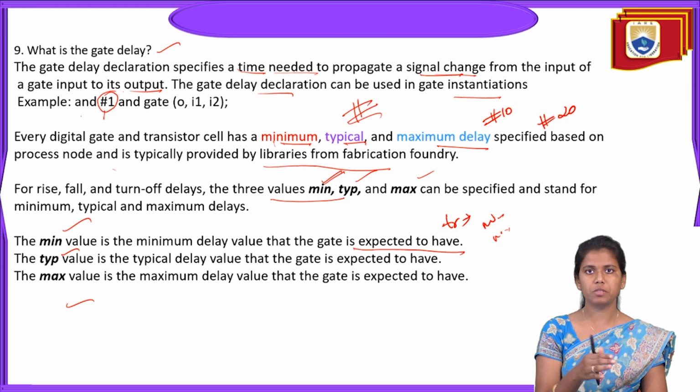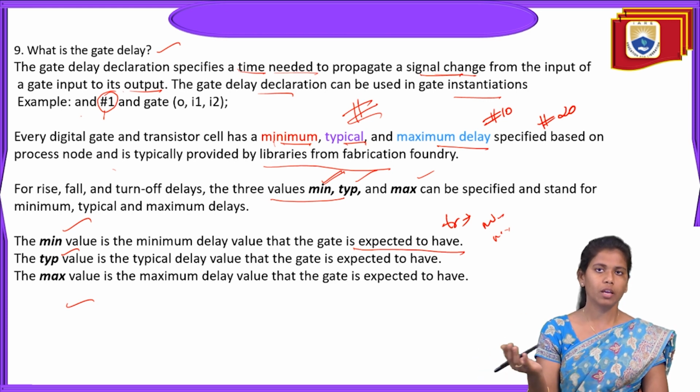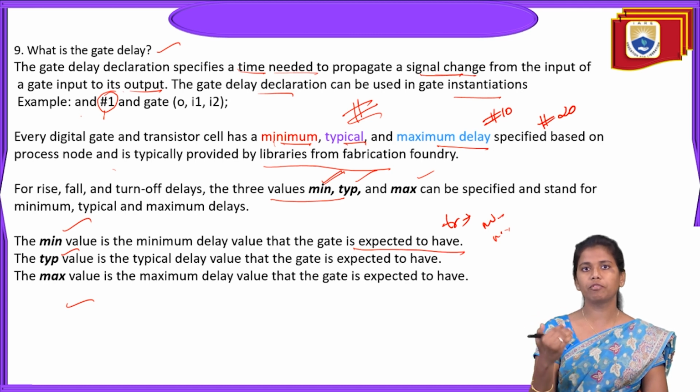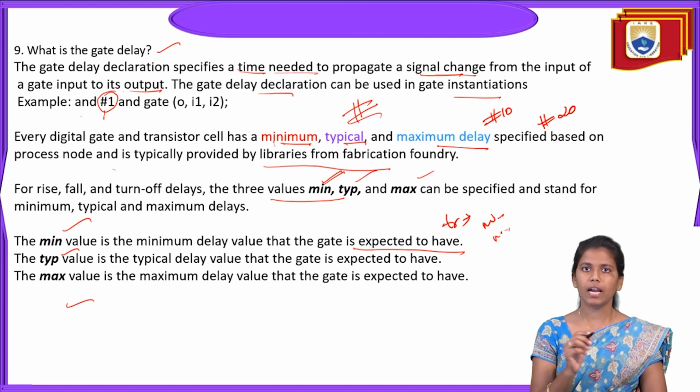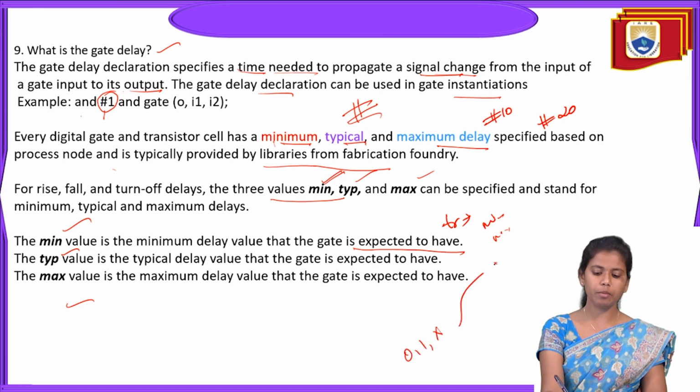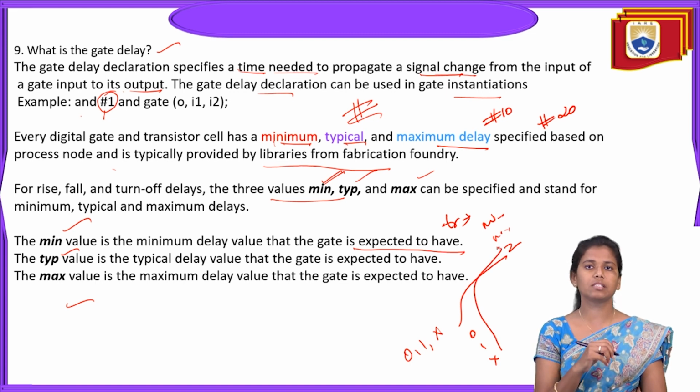Delays pertain to the input and output. With however much delay you observe at the input, the same kind of delay you will observe at the output. In the delays we discussed three different delays: rise delay, fall delay, and turn off delay. Rise delay is the transition going from 0 to 1, and the transition going from 1 to 0 is the fall delay. If the transition takes place from 0 to z, or 1 to z, or x to z, going to the high impedance state,